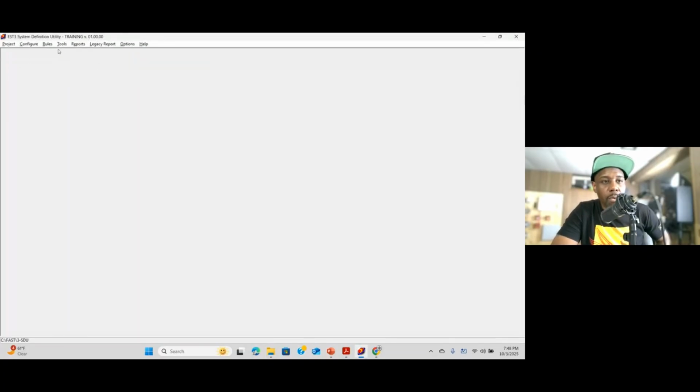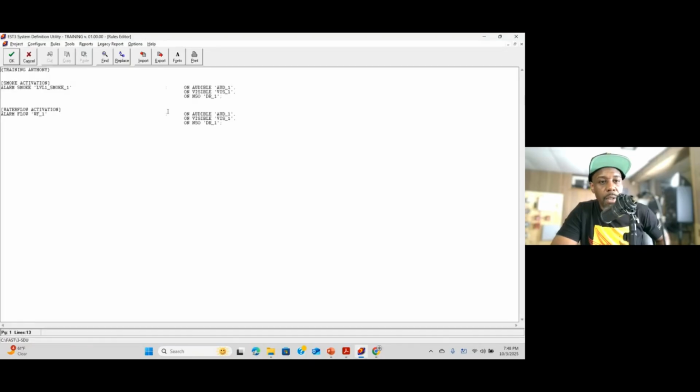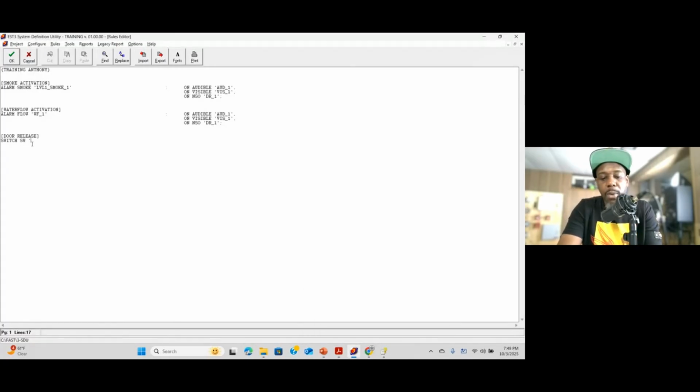So I'm gonna do one more rule, and I'm gonna do the switch. So we're gonna call this door release, because we don't have an actual one. And you need these brackets. These are not the French brackets, but just regular brackets around the rule label. So door release, we're gonna hold switch because we're doing a switch, and go back to the help menu. So switch and switch, because switch is the actual input and also the device type.